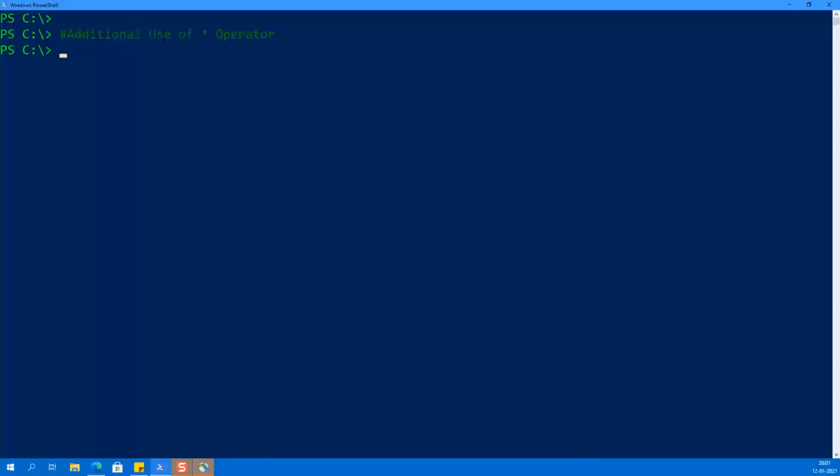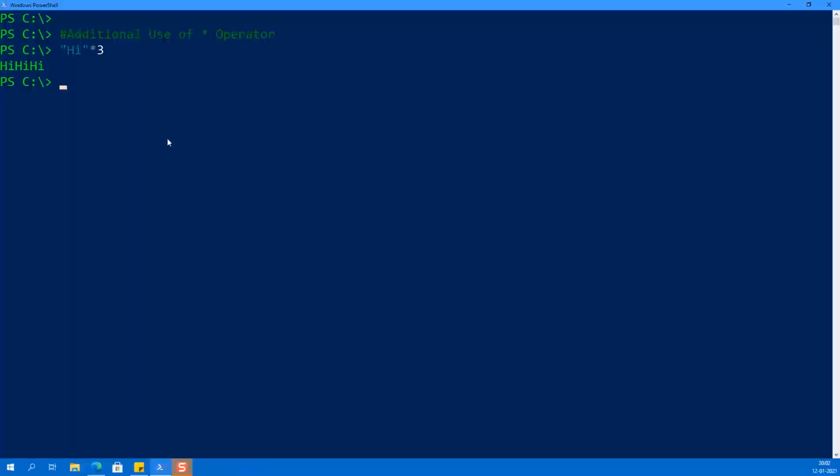If you want to display or store any variable's value a multiple number of times, we can use the multiplication operator. Let's see with an example here. We are trying to multiply the string "hi" with the numeric value 3. If you press enter, it will print the hi 3 times.